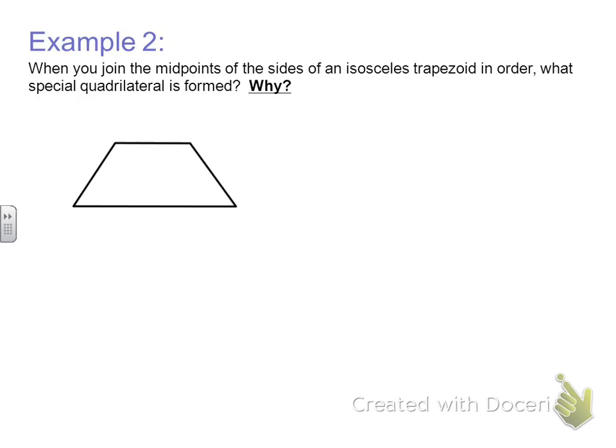And it says to join the midpoints of the sides. So basically what we're looking to do is find all of the midpoints of the sides. Like that. Oops, and that's not quite close enough. And then it says to connect them in order, going around. So if I connected them in order,